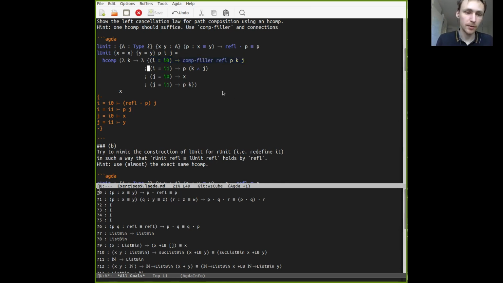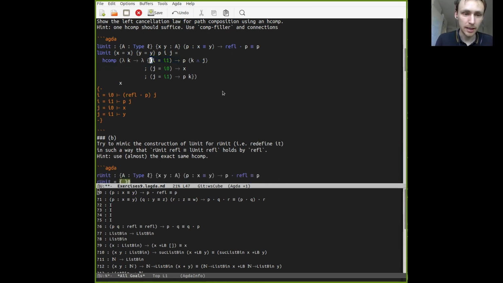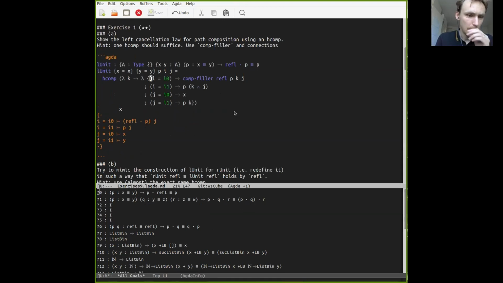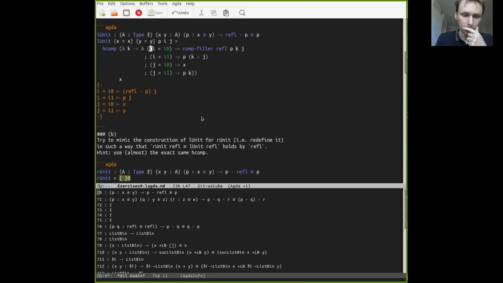Yeah, of course, it would actually work. Agda, if I just deleted this side, Agda would understand what's going on. I think it can be quite informative to write out this side. Okay. Well, okay, I'm gonna do the